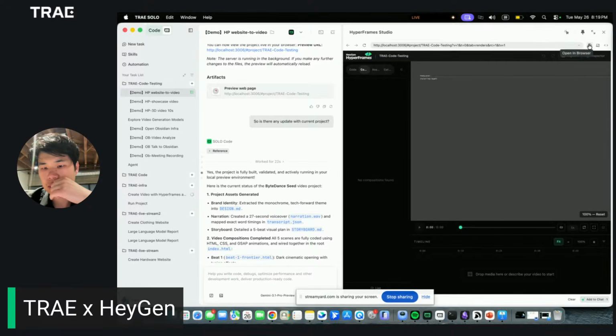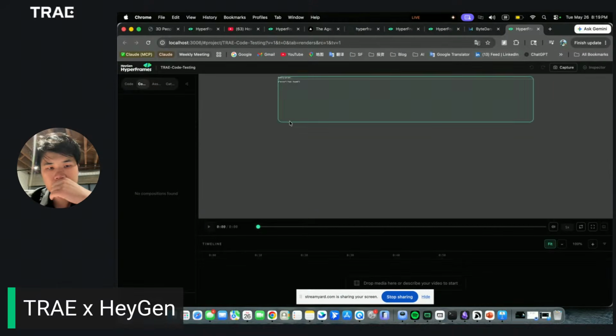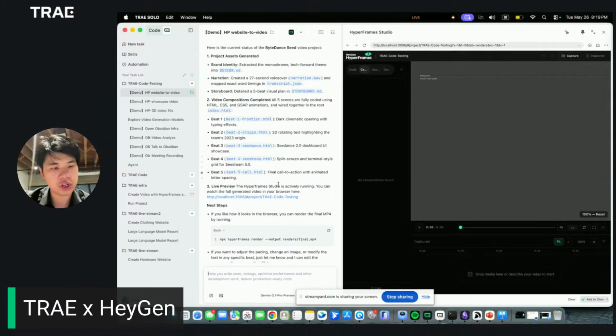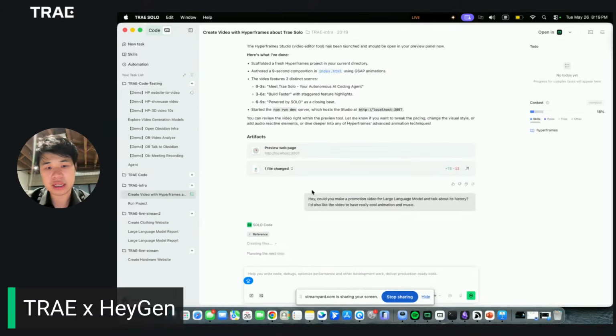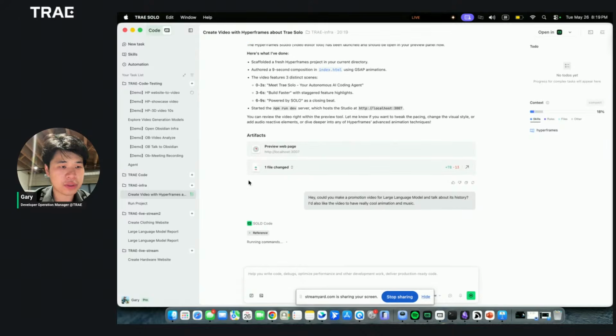Okay, so let me see if it's working. Okay, so it seems like right now this use case is not working, and it has already started working. So yeah, let's just wait a while, and all these instructions are still processing. And what we can do is, maybe we're already talking about the Hyper framework, and then we can just jump